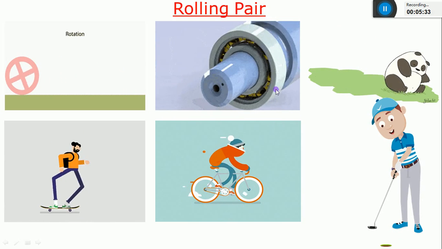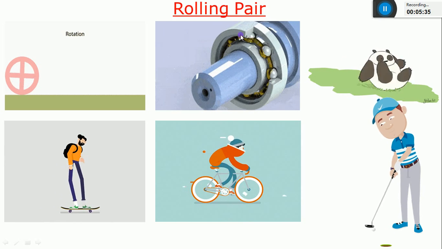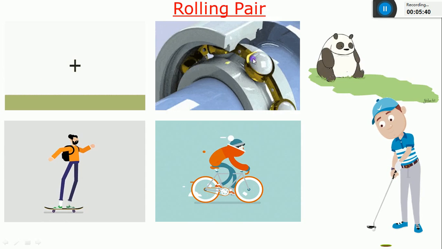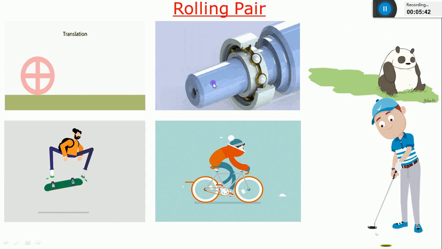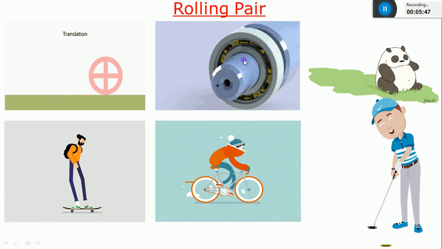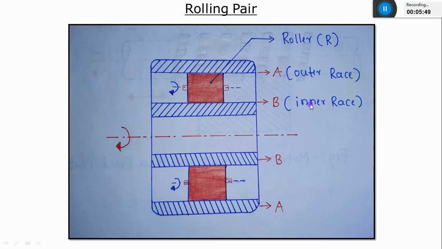So I consider the example of a ball bearing. Inside this ball bearing, this is the inner race, the outer race, and between those there is a ball. It is rotating about its own axis, as well as having a sliding motion about the shaft. It is rolling over another. This is an image of a roller type of bearing. This is the shaft, this is the inner race, outer race, and this is the roller. It is rotating about its own axis, and it is rolling above the axis of the shaft.